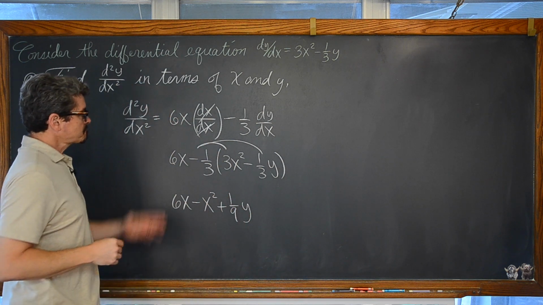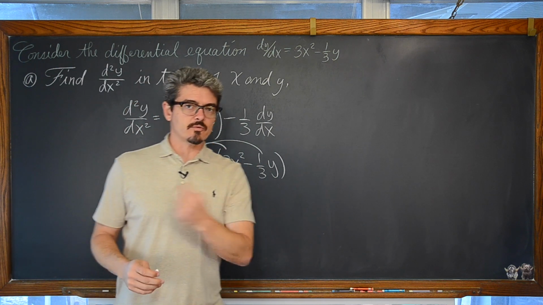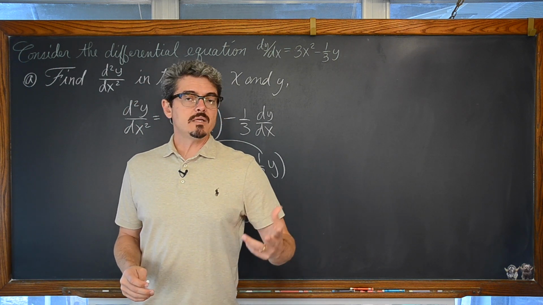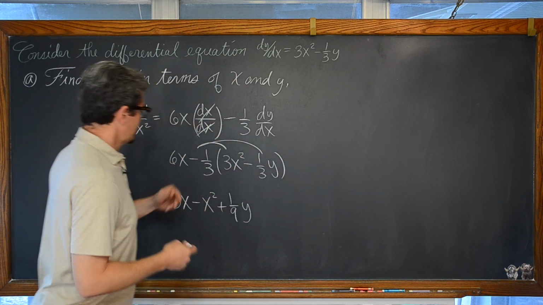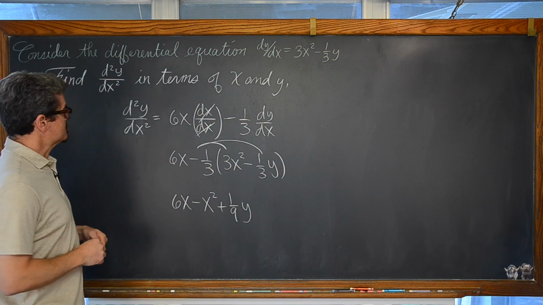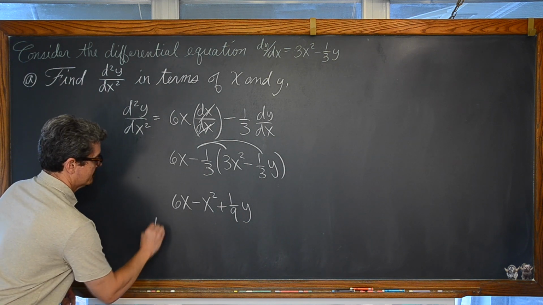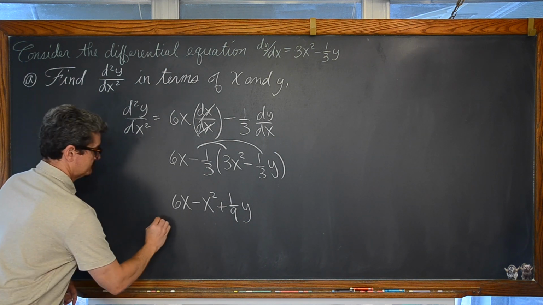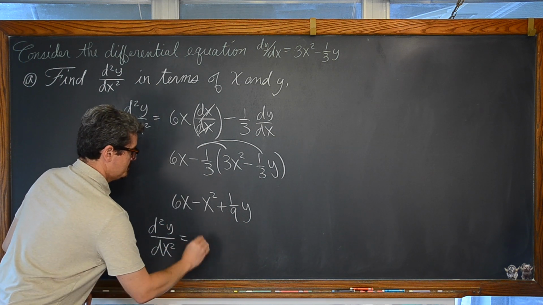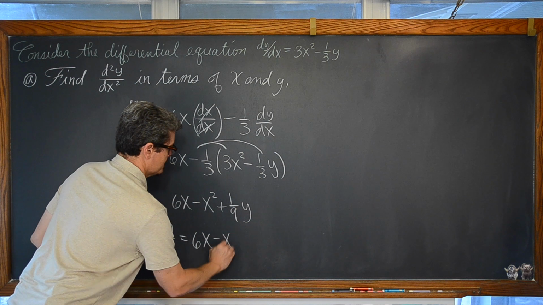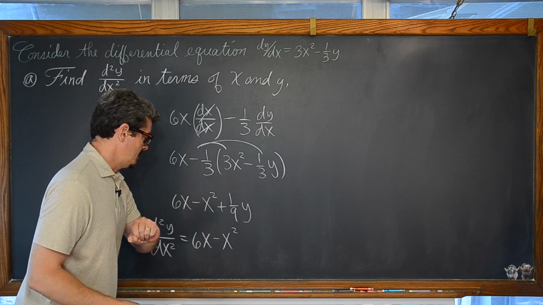I'm not writing an equal sign on each line of my work because if you're prepping for your AP test, that's just opening the door to all kinds of possible linking errors and you not earning maybe as many points as you really deserve, because they have to stop grading at what they call a linking error. So our second derivative is equal to 6x minus x squared, or negative x squared plus 6x if you want to write those in decreasing powers.